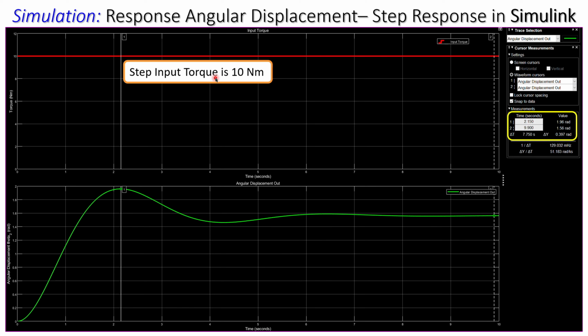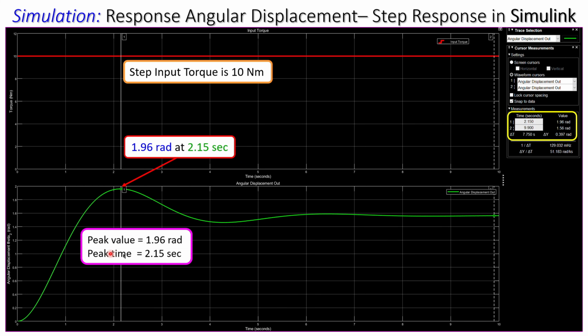So what you see is a step input again, torque of 10 Newton meters. These are the results. And what's now surprising is the following. The peak value is 1.96 radians at this peak time. So the peak time is changing. But okay, these are the values again. And this is the steady state value, is